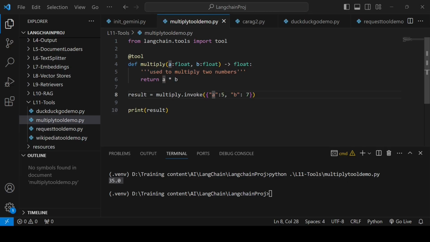Another thing is you should provide your function parameter types. I mean, it is not required or mandatory, but it is better to give type hints that these two parameters are of type float and this function returns a float value. So all these type hints you should provide. That will help the LLM to decide which tool actually will do the work which is required. So we are not yet integrating it with the LLM, but the LLM will send a tool call.